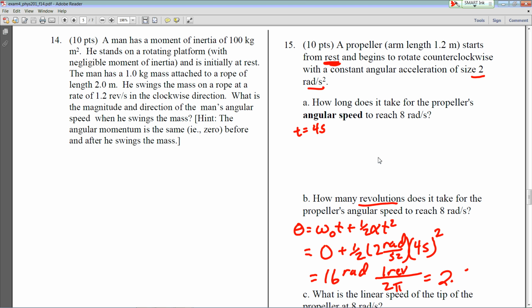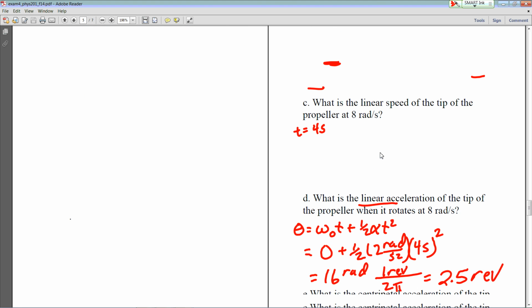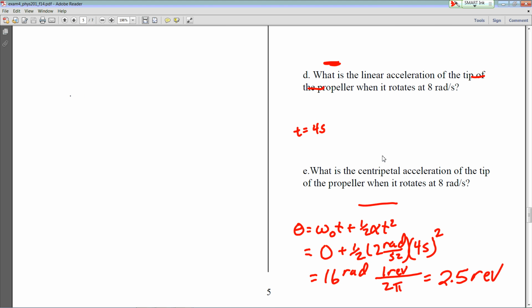2.5, 2.5 revolutions. What was the other question, Michael? What was it? Here, I'll scroll down. What is a centripetal acceleration? So